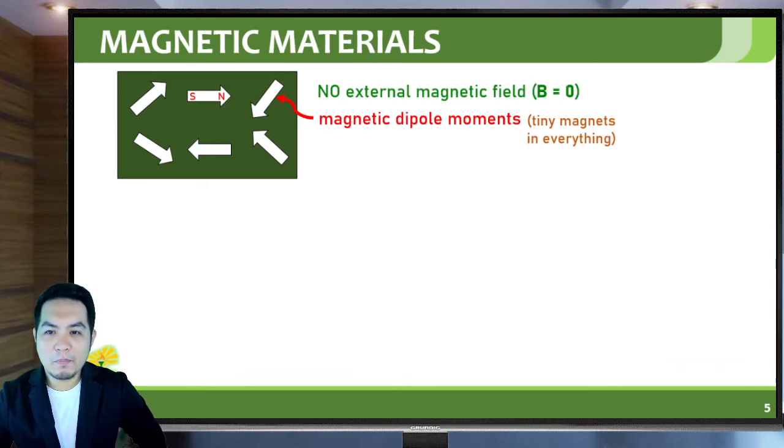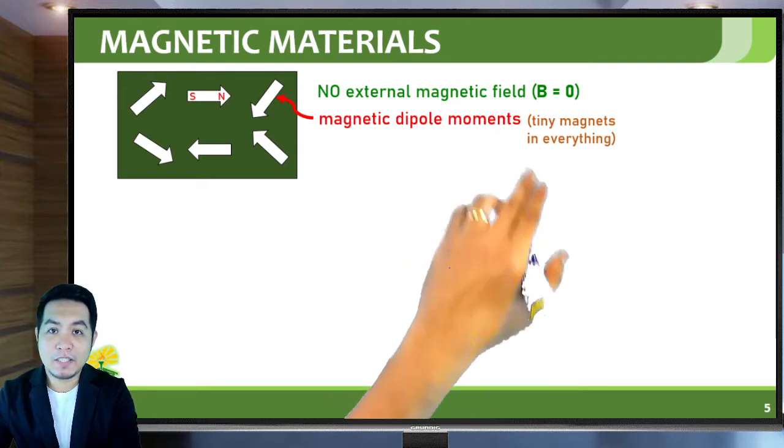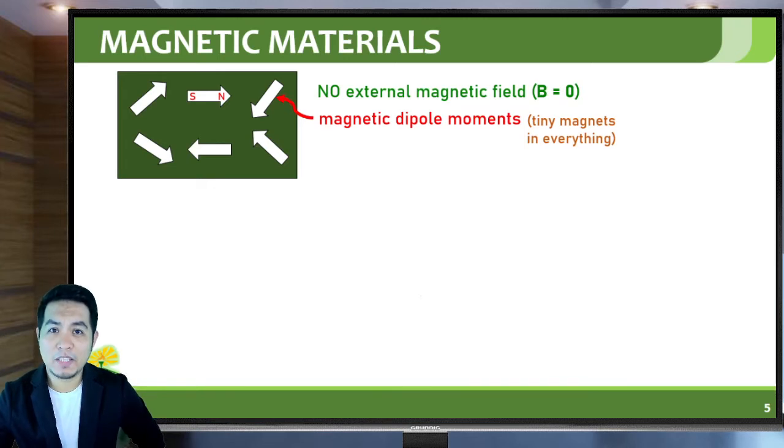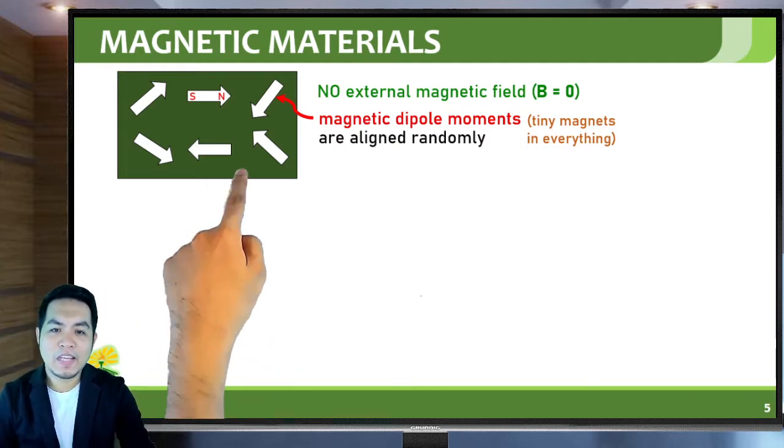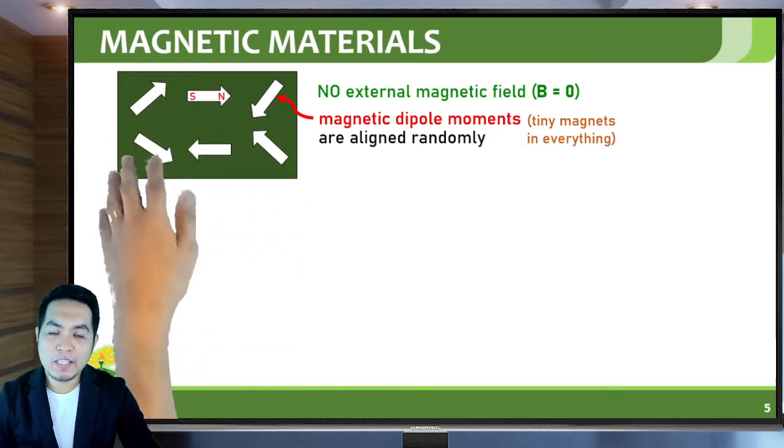So in a normal material, when there is no magnetism, or there are no magnets around, or where there's no external magnetic field, I will just expound on magnetic fields later, but it's just the same with electric fields. So since there are still no magnets around, there's no magnetic field, then the magnetic moments in a normal material are aligned randomly. So they have random alignment,